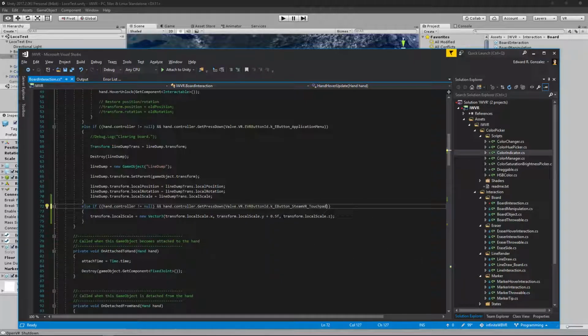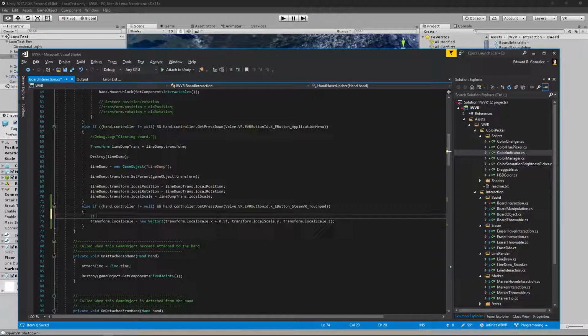On the touchpad, and let me change this so I want this to be for the X value, and I need to change this to a float. So if hand.controller